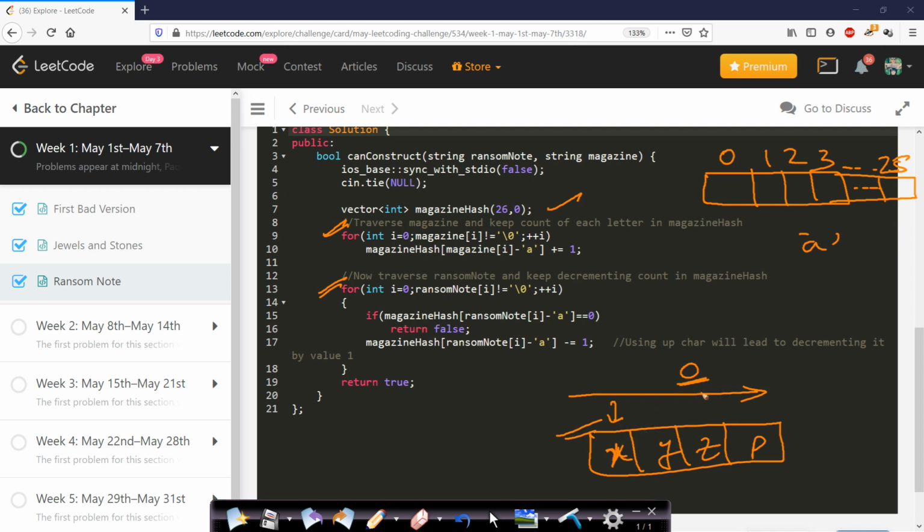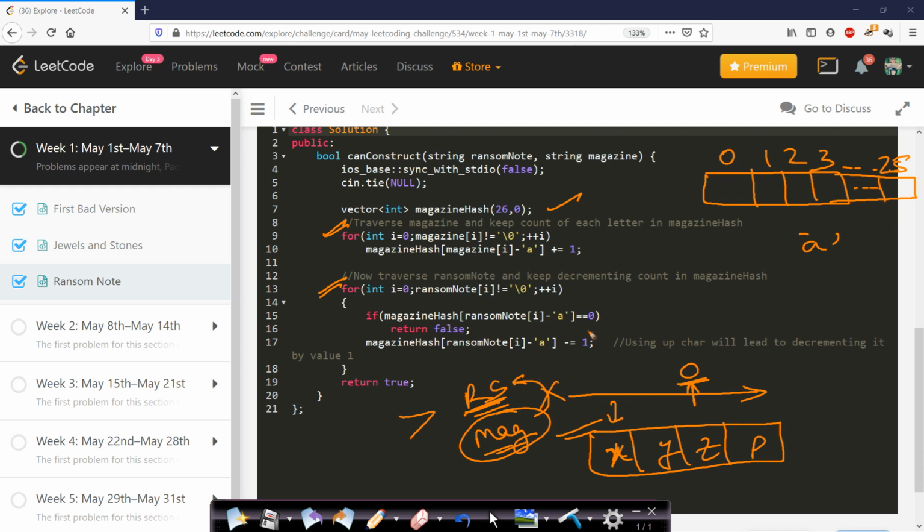And what does it denote? If a character we want to decrement already has a value 0, this means that our ransom string has more of the character we are currently seeing than the count of it in the magazine string. So whenever you find a character which has a greater number of occurrences in the ransom string than in the magazine, you can be sure that you will not be able to form the ransom string from this magazine string. Since in the question it was mentioned that a letter can only be used once from the magazine string, this line was very important.